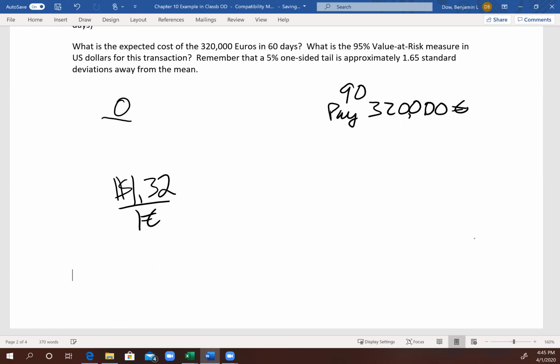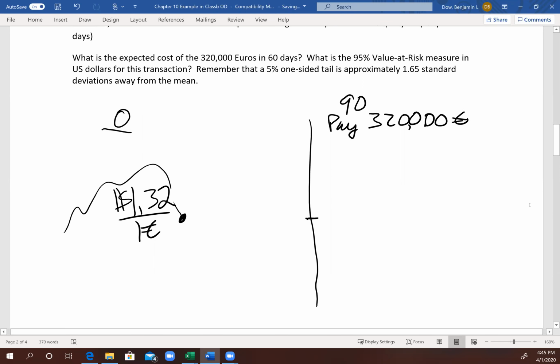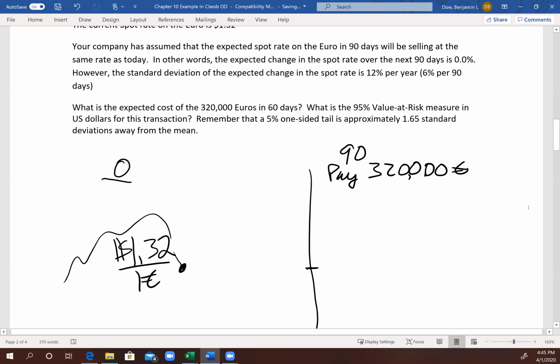And again, euro goes up, goes down. Here's where we are. Now let's look at day 90. Where are we going to be? No one knows. And remember, volatility can change over time. Things can be calmer. People often use the options market to figure out what the implied volatility is. We didn't get into it yet. And that's where you get something like this. If 12% is the standard deviation, that's on an annualized basis,